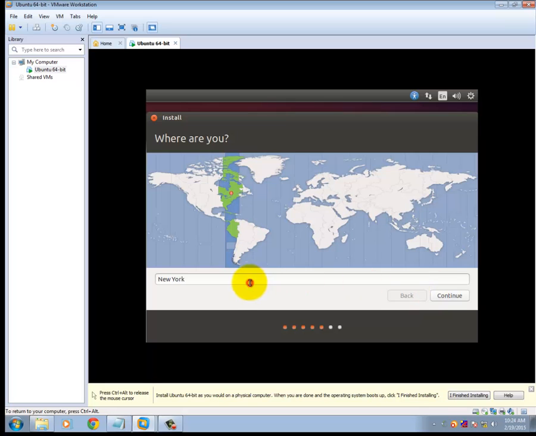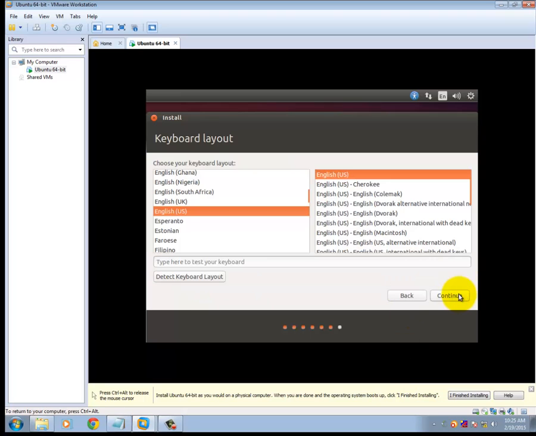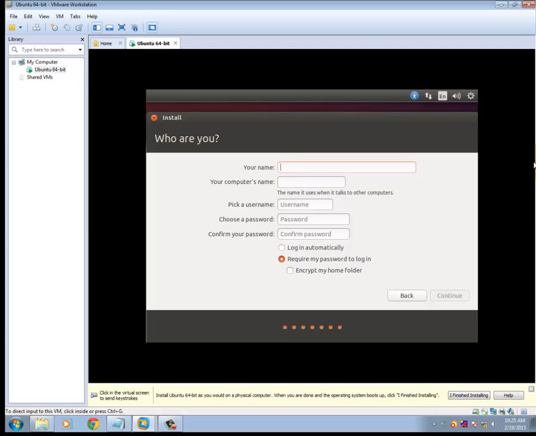Now we need to select the location here, or you can simply click. So Kolkata, you click on the map of India, and by default you will see the click on continue. Select the keyboard layout. So by default it is English US. So click on continue. You can specify the computer name,